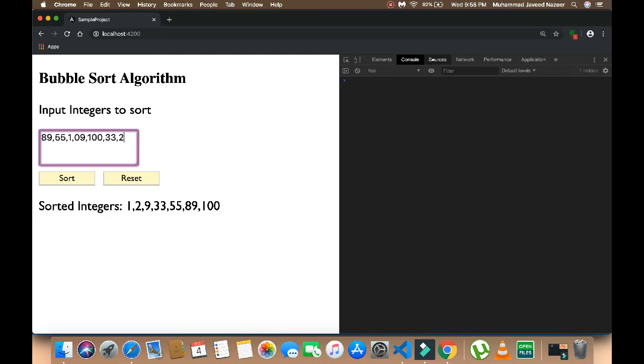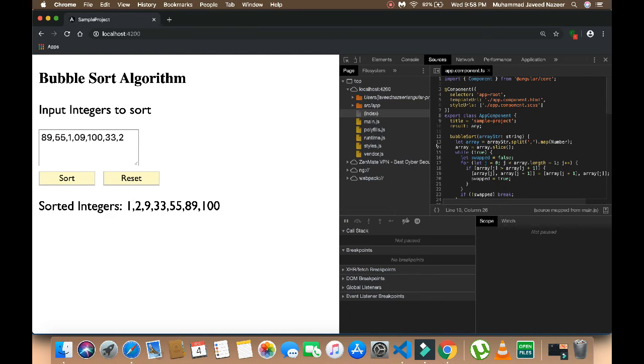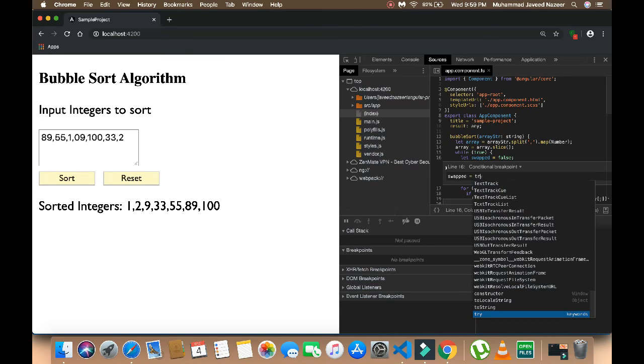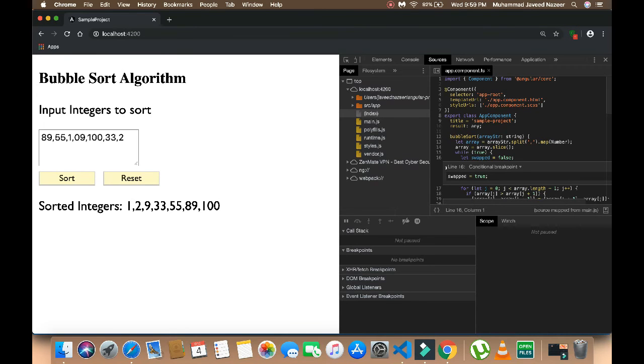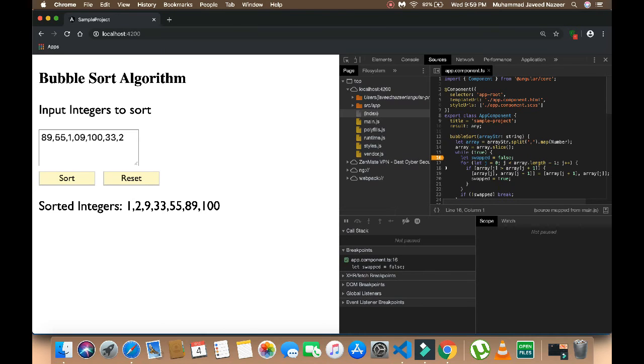I'm going to tell you one more thing. Here we have something like a conditional breakpoint. I'm going to add a conditional breakpoint here. If this swap is true, then only it will come here.